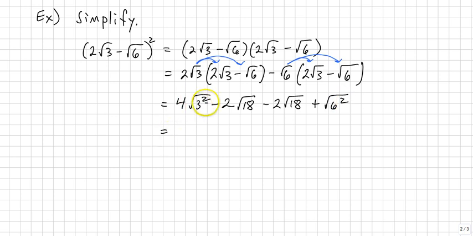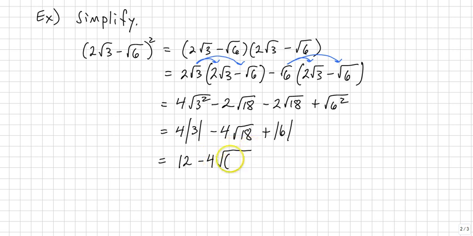And let's see, the square root of 3 squared, that's the absolute value of 3. I have like radicals. Negative 2 square root of 18 minus 2 square root of 18 is negative 4 square root of 18. And then the square root of 6 squared is the absolute value of 6. So 4 times the absolute value of 3 is 12. And then the square root of 18 can simplify. That would be 3 squared, which is 9, times 2. So we get 12